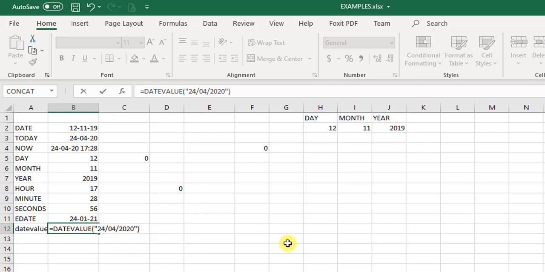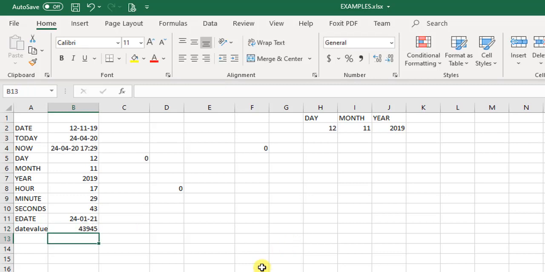So if I hit enter, there is a surprise for you. See what it returns over here is 43945, but we had expected that it should be a date value. Now what has happened is Excel has converted it into a date, but internally, as I told you, it stores it as a serial number.